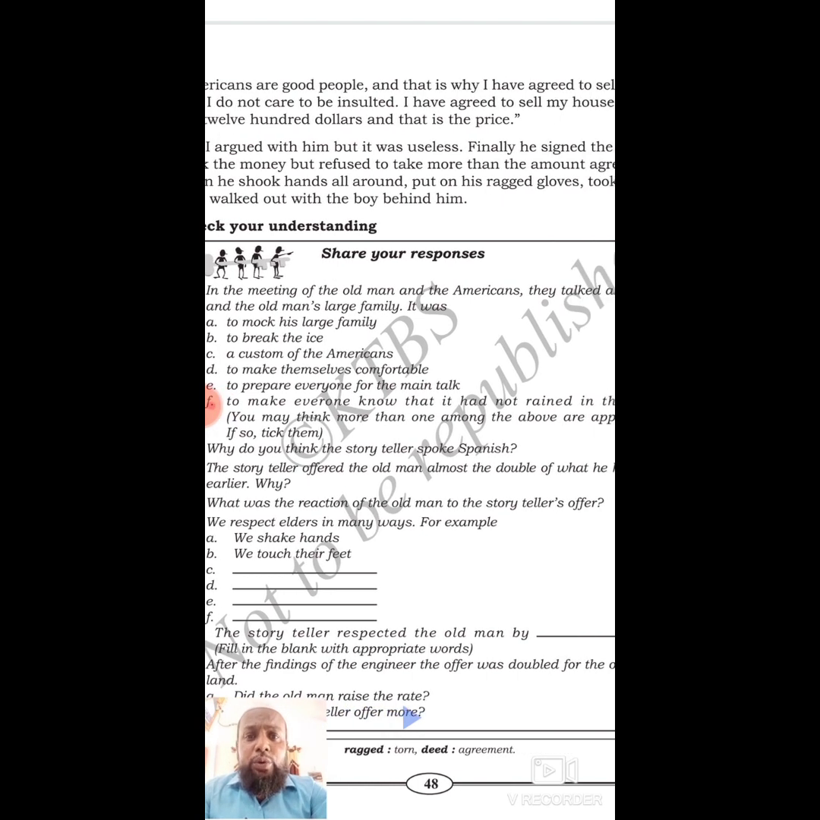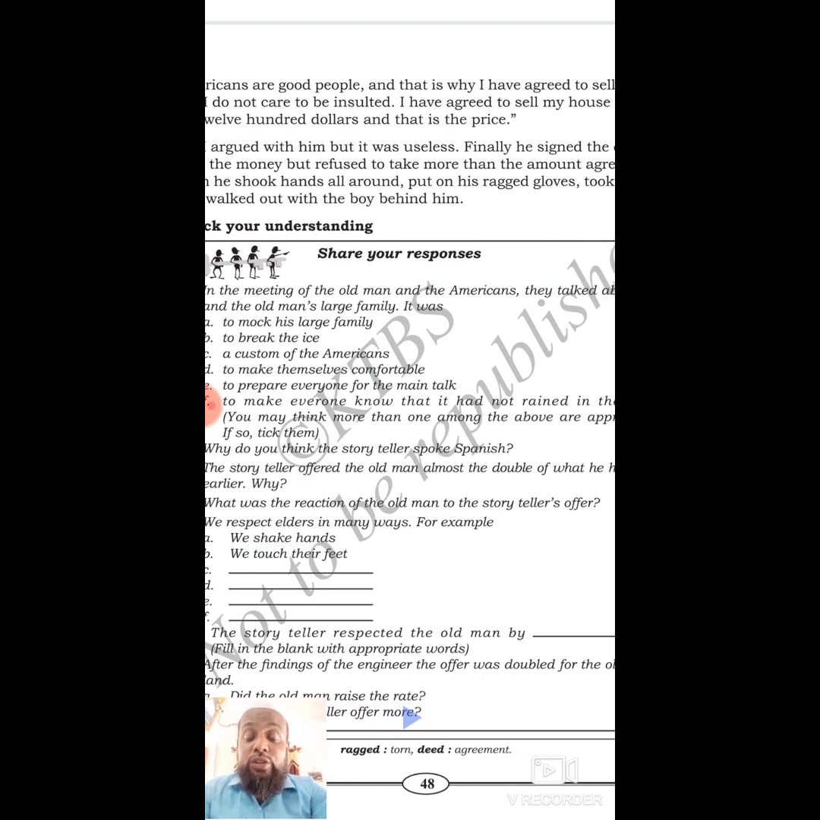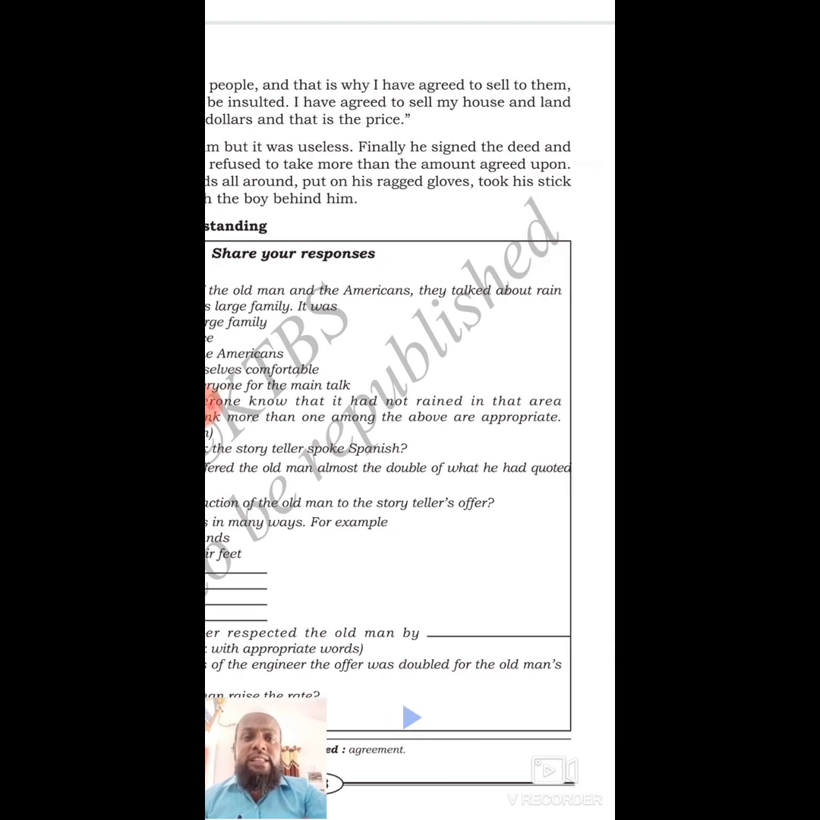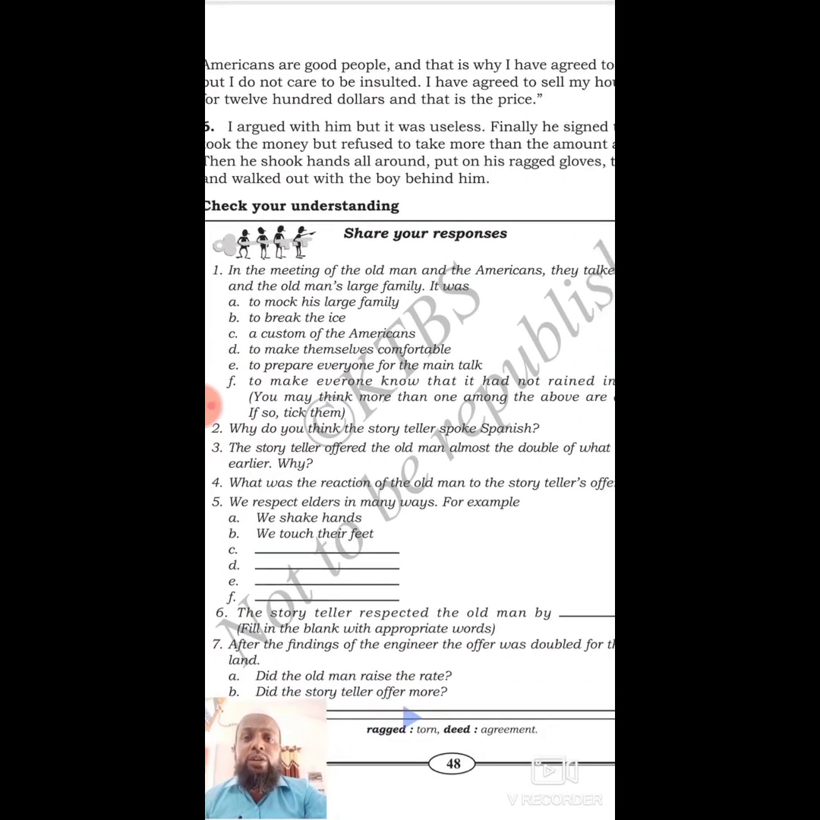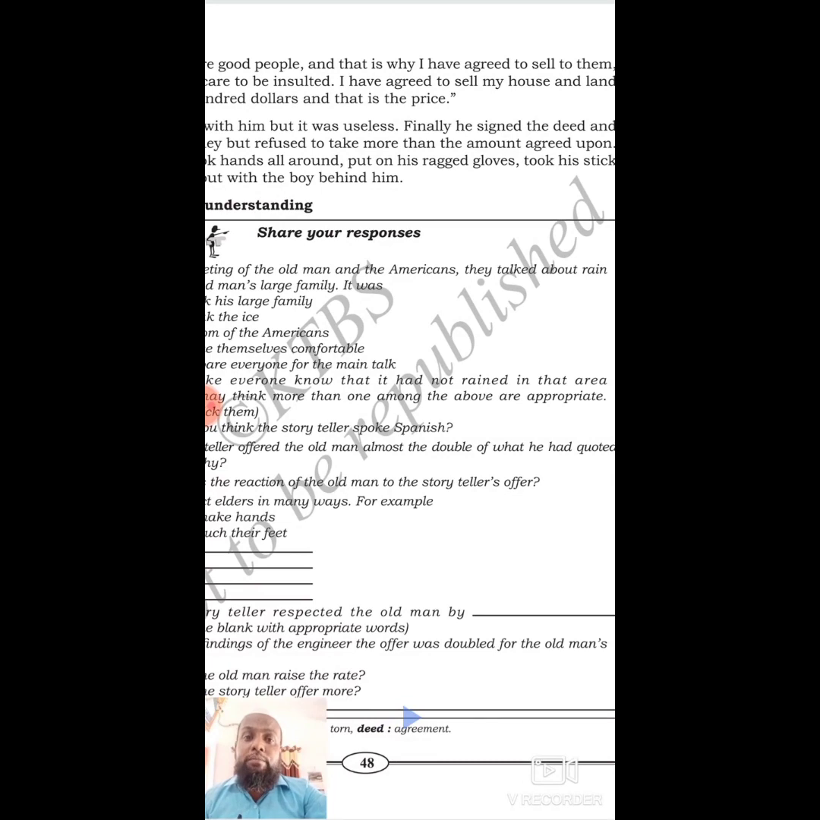I argued with him. I here refers to the author, Sedillo, but it was useless. He demanded more than the 8-acre lands, Sedillo, but he argued with Don Anselmo. Don Anselmo did not agree. It is a useless argument of Sedillo. Finally, he signed the deed and took the money, but refused to make more than the